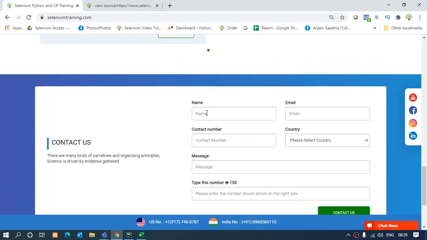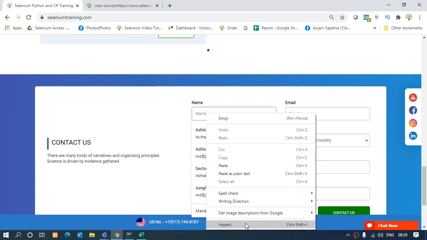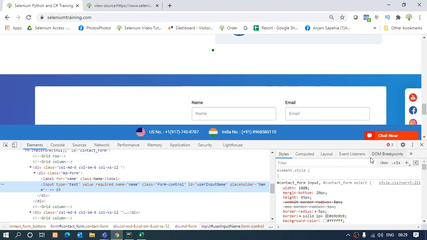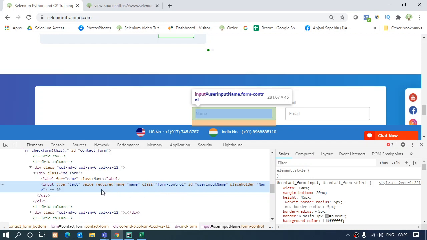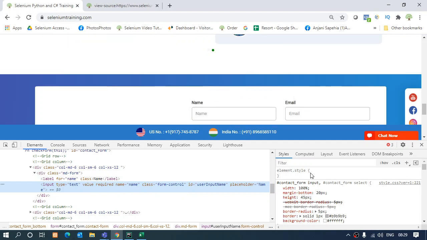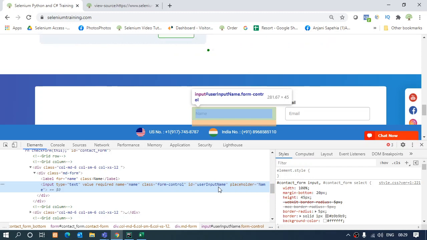So I'll right click on this text box specifically, and in here I get the option of inspect. If I click on inspect, I'm going to get this kind of screen, this inspecting screen, and the highlighted part you can see over here, it automatically highlighted something. This is the page source for this particular text box. It has a tag name, and it has some attributes and values given. Using these attributes and values, I can identify this text box.